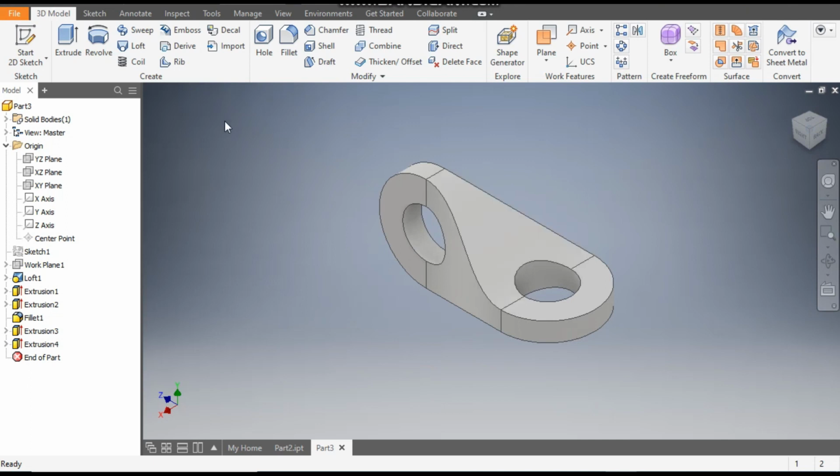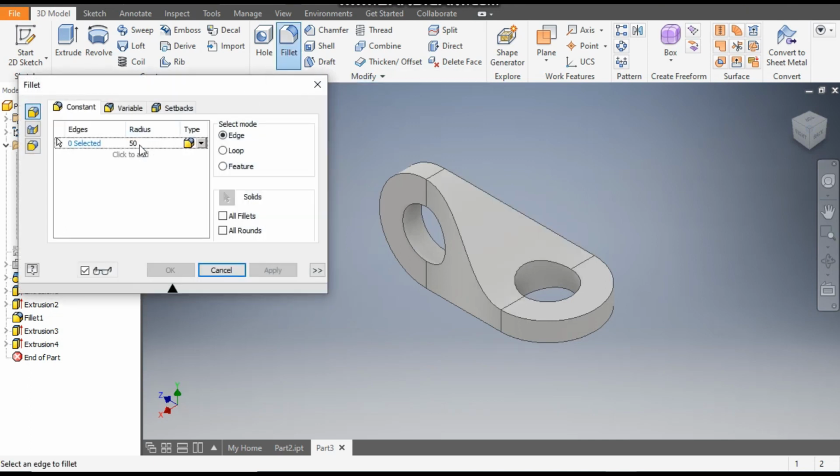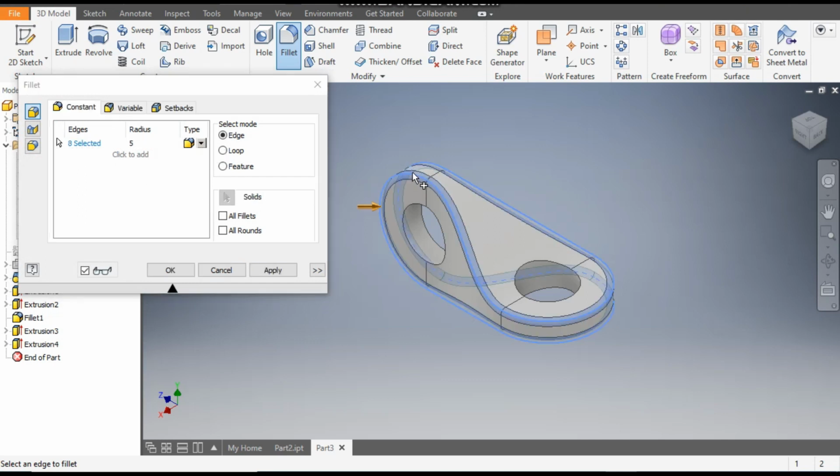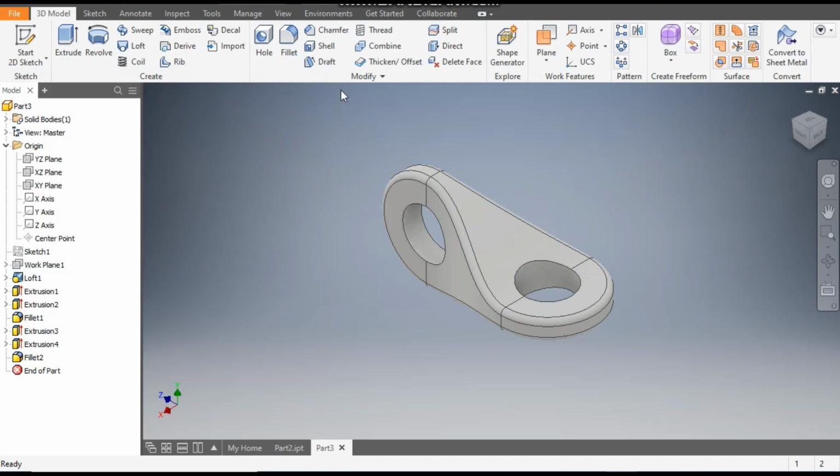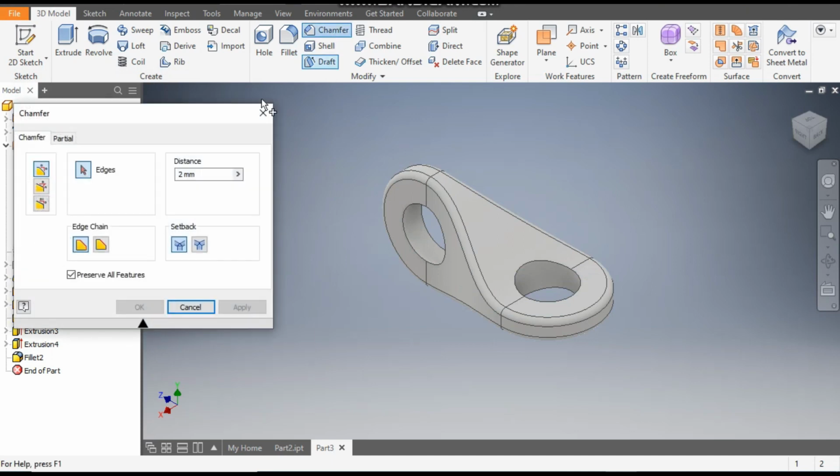Now select the fillet command and take a radius here of 5 mm. Select the edges, select this complete profile and apply. OK. Finish. Now go to chamfer command. Take here a chamfer distance of 3 mm. Select this edge,